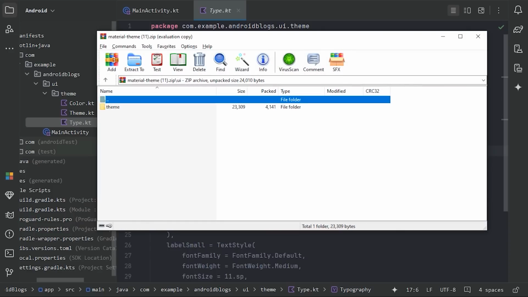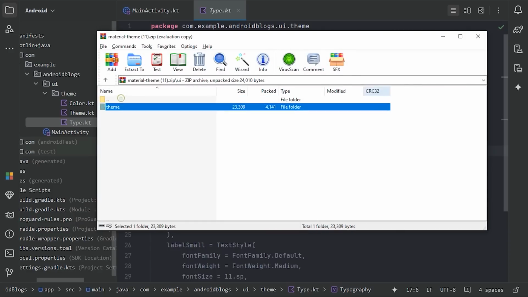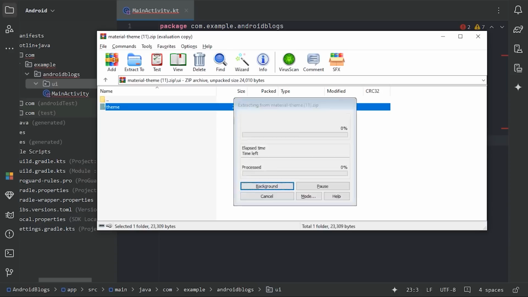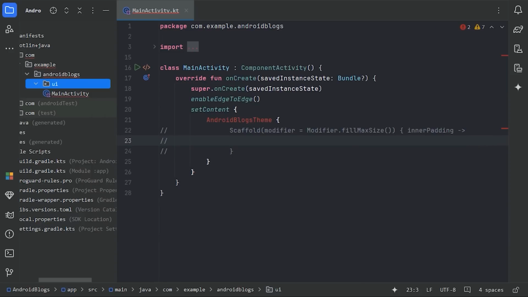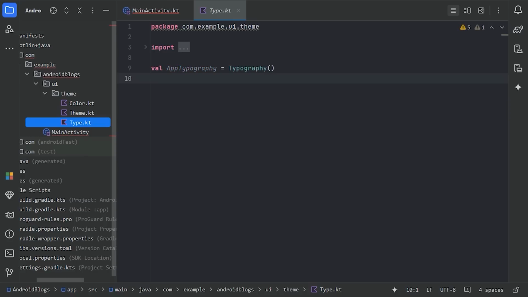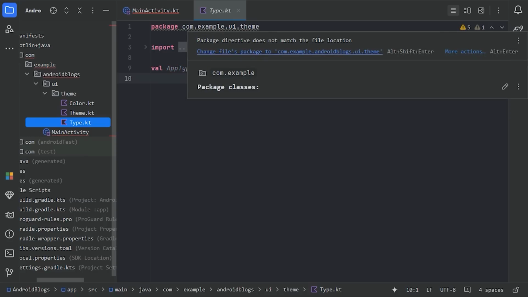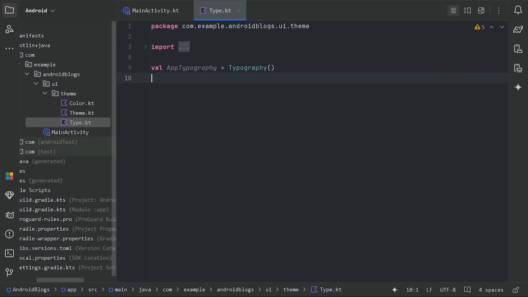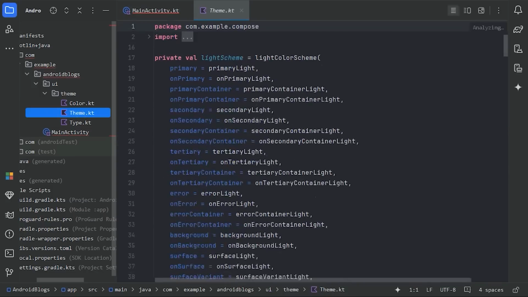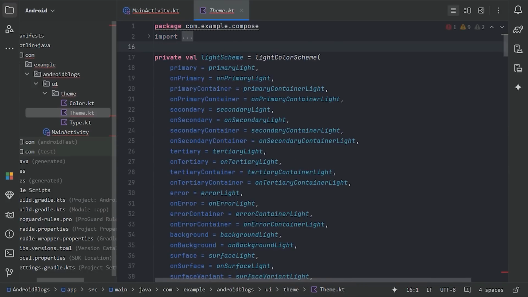and here you will get this theme folder. First what we need is let's delete this folder, copy this, paste it here. And first we have this typography file and you need to change your package name and optimize these imports. Close this file and next go to this theme file. First thing let's change the package name